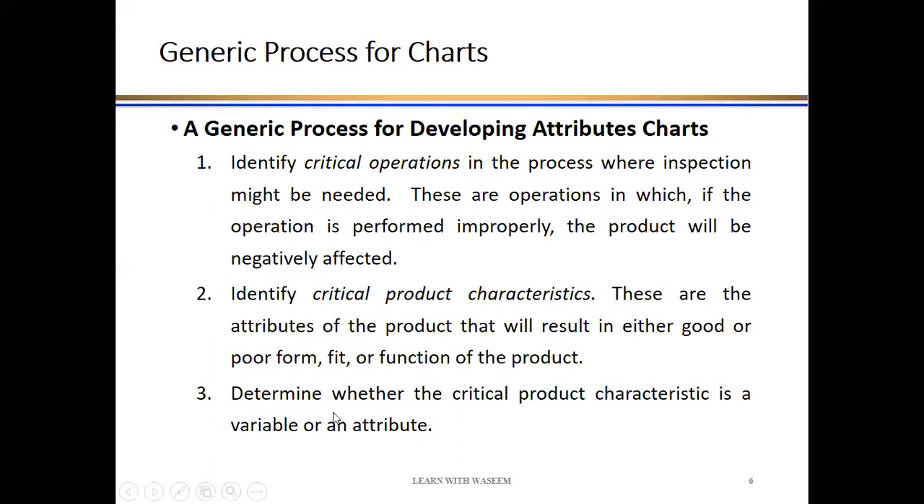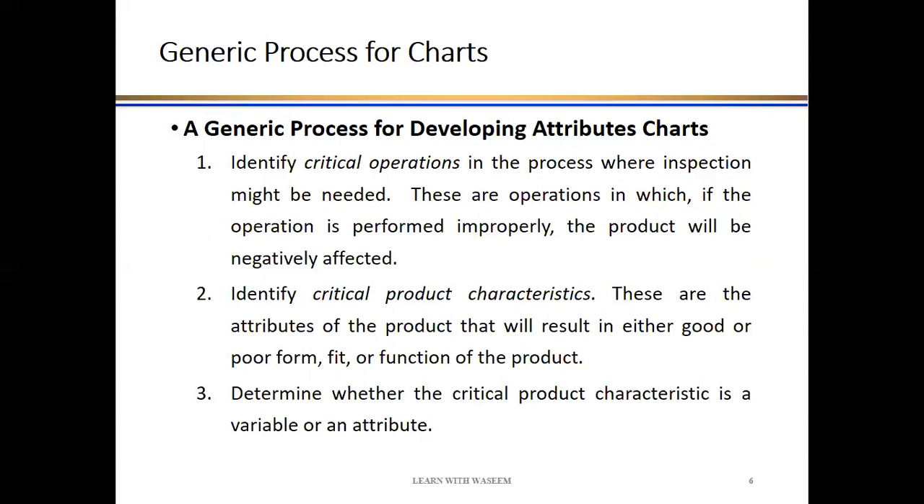And the third one is to determine whether the critical product characteristic is a variable or attribute. This is an important step. In the third step, we are actually differentiating between the variable and attribute. So it is very necessary to identify whether the product characteristic is a variable or attribute, because variables and attributes may have different charts, and we will discuss those charts in this lecture. We have already discussed the charts that we can use for variables, but in this chapter we will discuss the